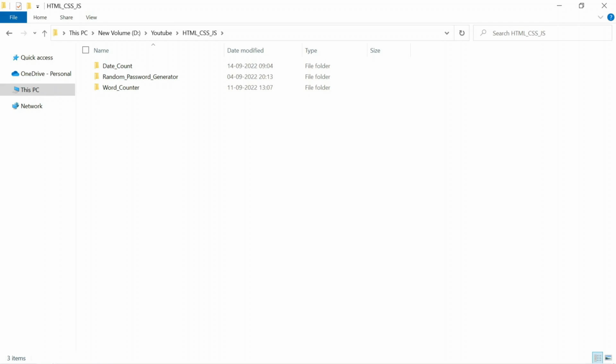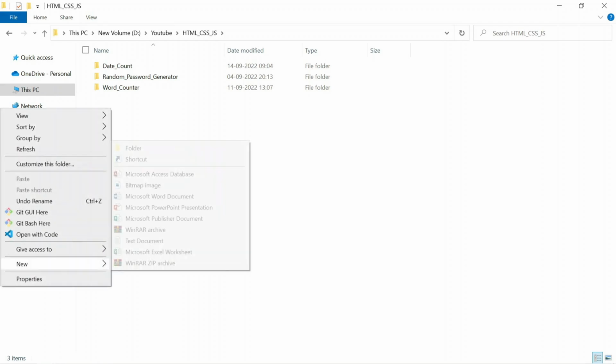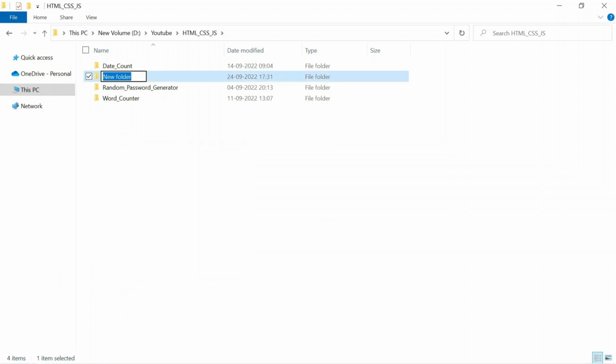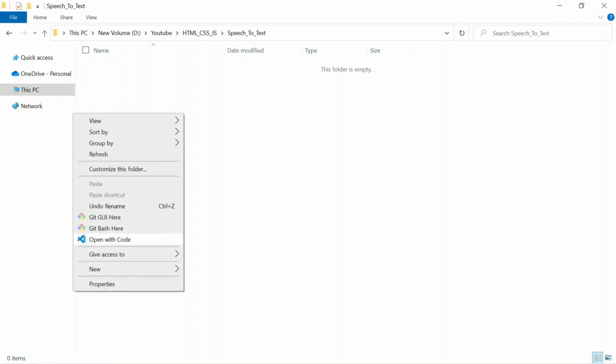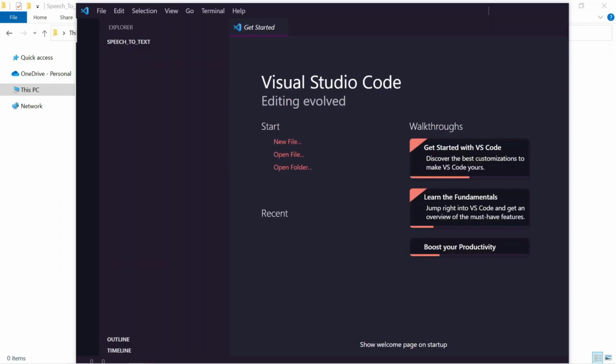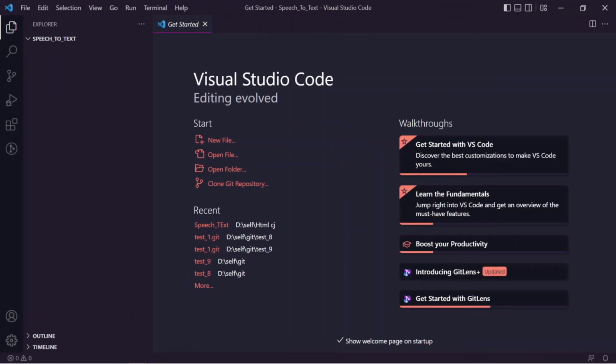In the YouTube HTML CSS JavaScript folder I am going to create a new folder and that folder name will be speech to text. Here I am going to open my VS Code IDE and we will create some files, one for the HTML, one for the CSS, one for the JavaScript. So the first file will be